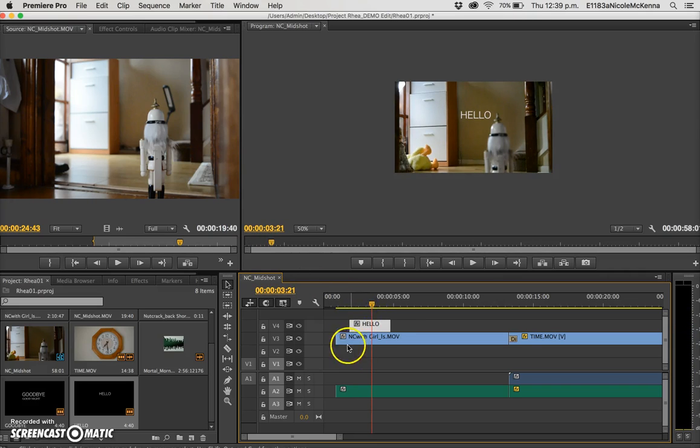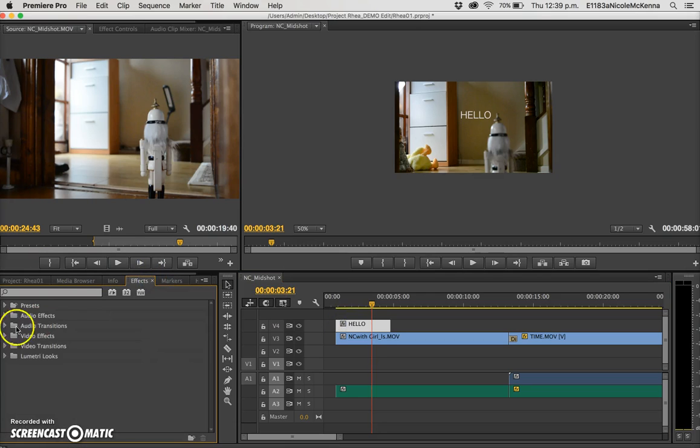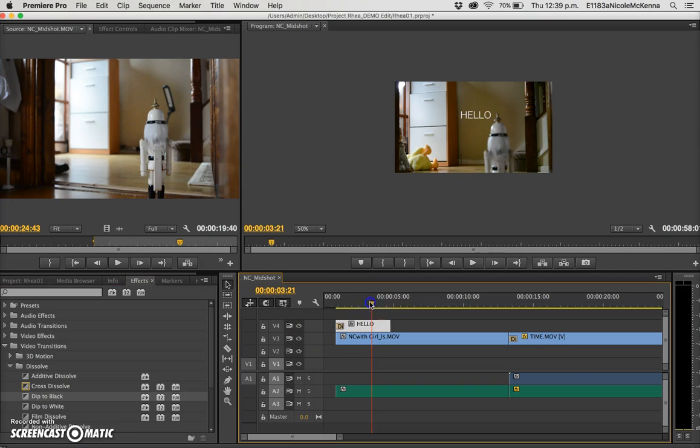And if we want to have a gradual fade in and decide it should have had an earlier start, I can go into effects, video transition, dissolve, and bring in a dip to black. So now it appears